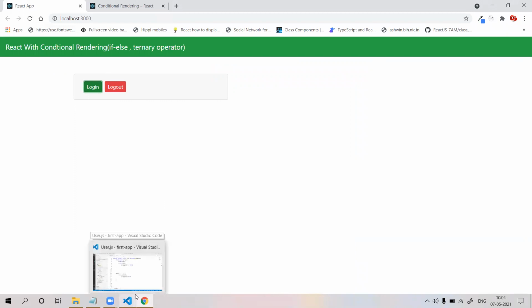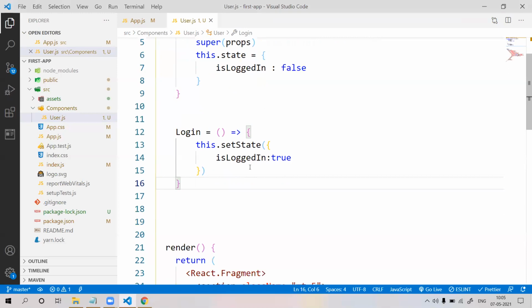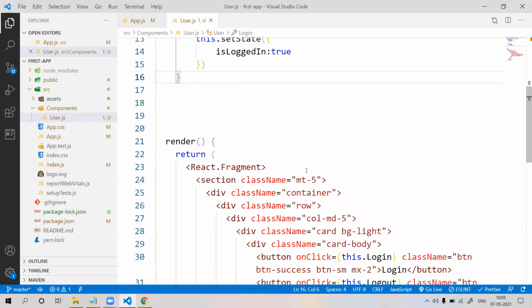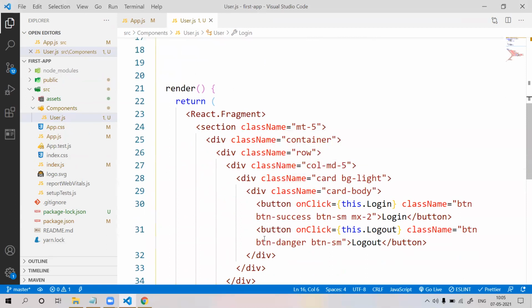We are going to check this state isLoggedIn. this.state, we are going to first define here, where we are making some condition.